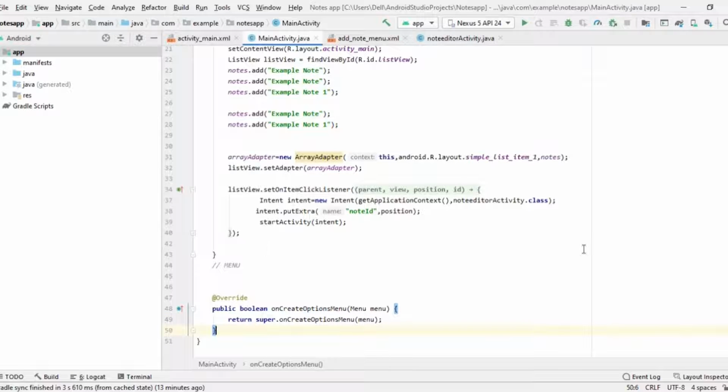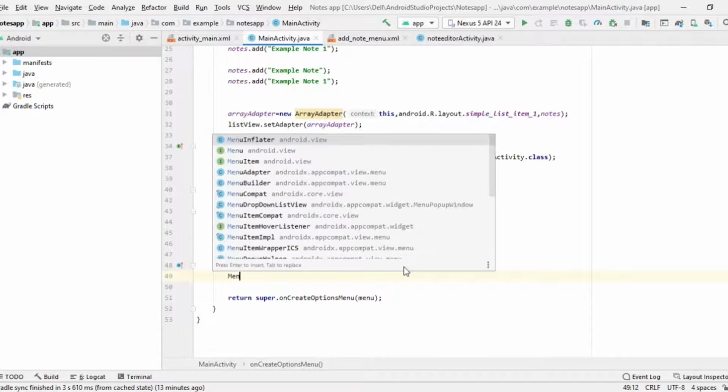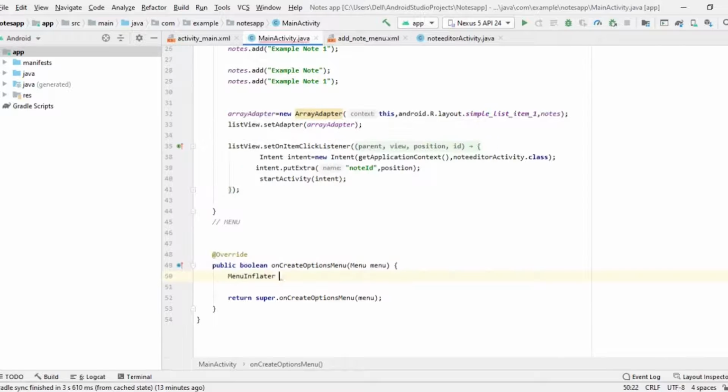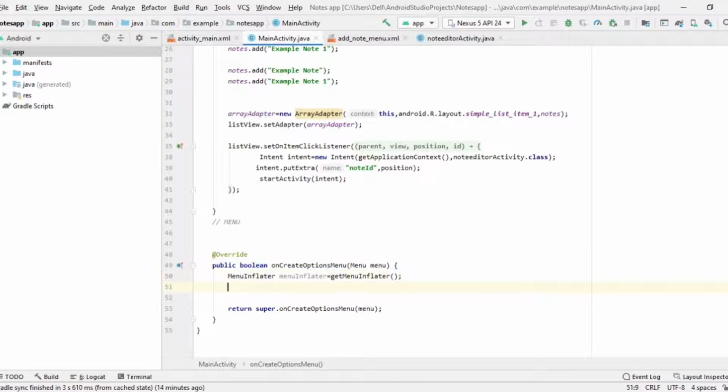Okay, it is a boolean method, so it will return either true or false, and along with it we will write our code. After writing this we have to use menu inflater. As you have seen that menu is written, and as it returns super, firstly we will implement menu inflater. Let us introduce menu inflater here: menu inflater is equal to get menu inflater. Firstly we will import it here, and then we will use it by using menuInflater.inflate,